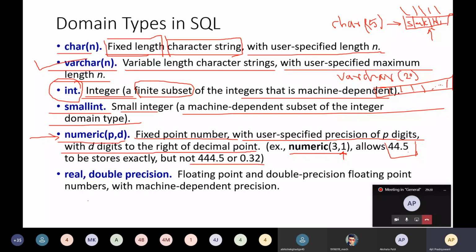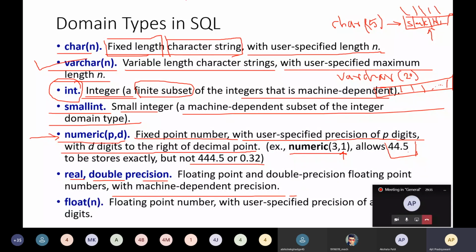Next is real, double precision. Real and double precision are floating point and double precision floating point numbers with machine dependent precision. Next is float(n). It's again a floating point number.